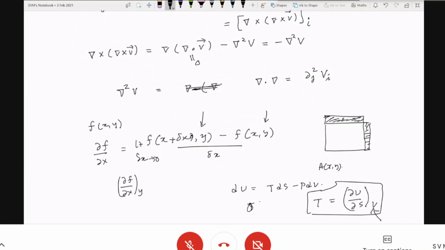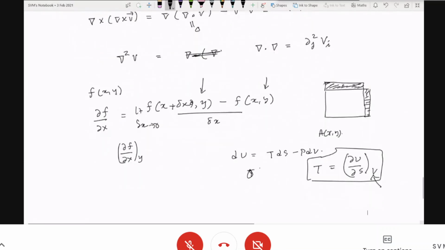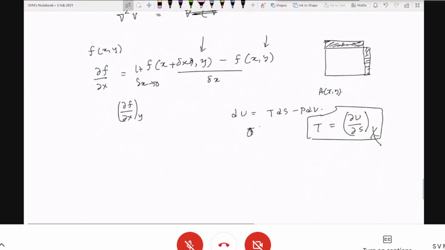Sir, for dou U by dou T, we have specific heat. If we keep the volume constant, then we have Cv. If we keep the pressure constant, then we have Cp. Yeah, but Cp is not dou U by dou T. It is dou H by dou T, because as we discussed, U and H will be changing their roles at constant volume and constant pressure.